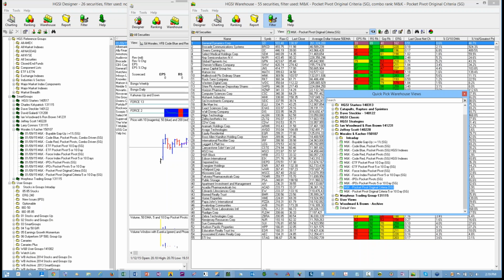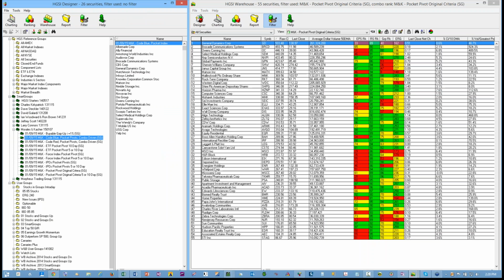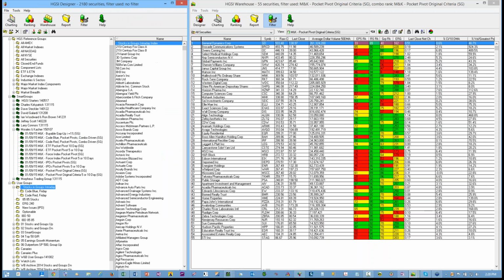Okay, so while this is processing in the background, I'm going to go back to my original computer, and we're going to take a look at some intraday stuff on this computer. So what I have done is I have just made a group of stocks from,